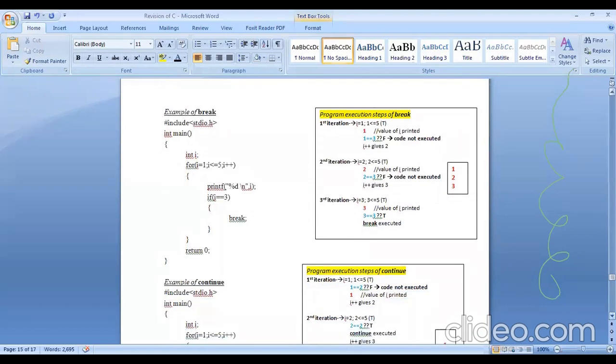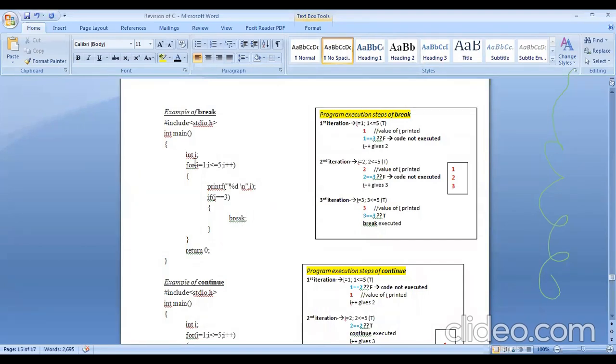Okay, so first coming to the break statement, you see it's a very simple program. Here we have the for statement. I have taken a counter I, which will start from 1 and continue till 5. Inside which we have printf I, so here we will print the value of I. Then we have an if statement inside. If I equal to 3, inside the if statement we have break. Now we will see how this execution takes place.